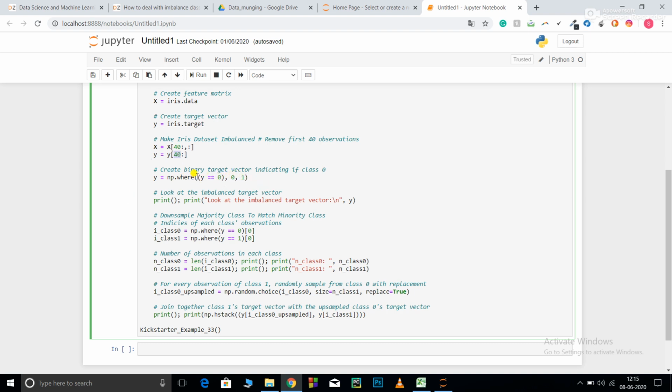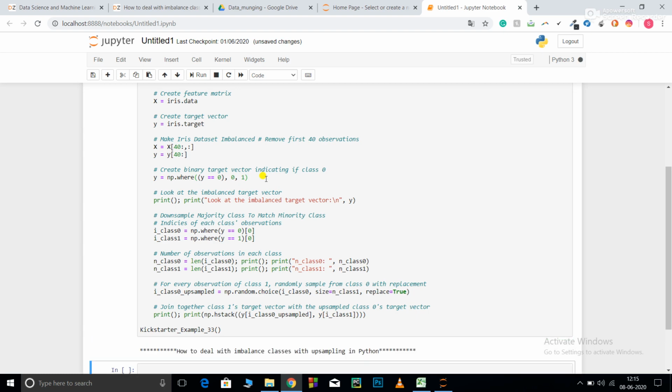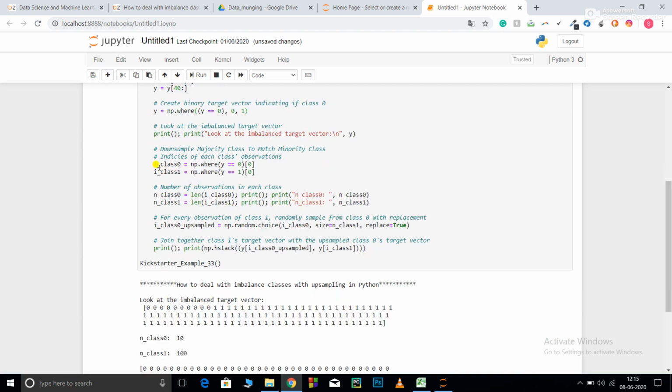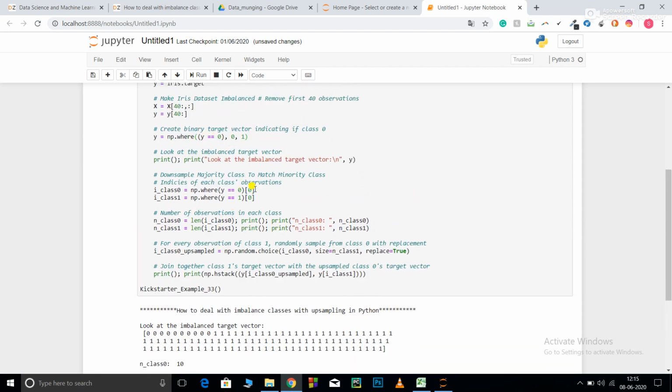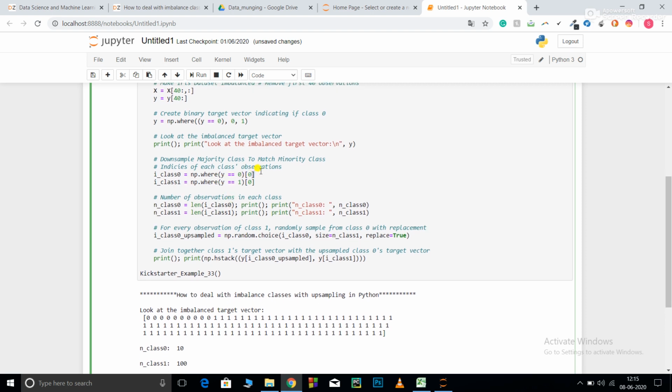Now y equals np.where(y == 0, 0, 1). What does this do? It tells me where y equals 0, name it 0, and if y is equal to anything else other than 0, name it 1. So here it has created my two classes. Then I calculate i_class0 using np.where(y == 0) and i_class1 using np.where(y == 1). Here I am calculating the number of data points present in class 0 and in class 1.